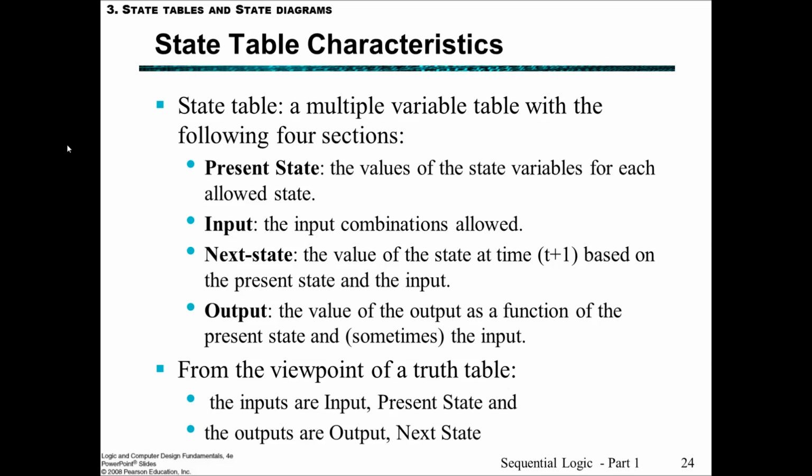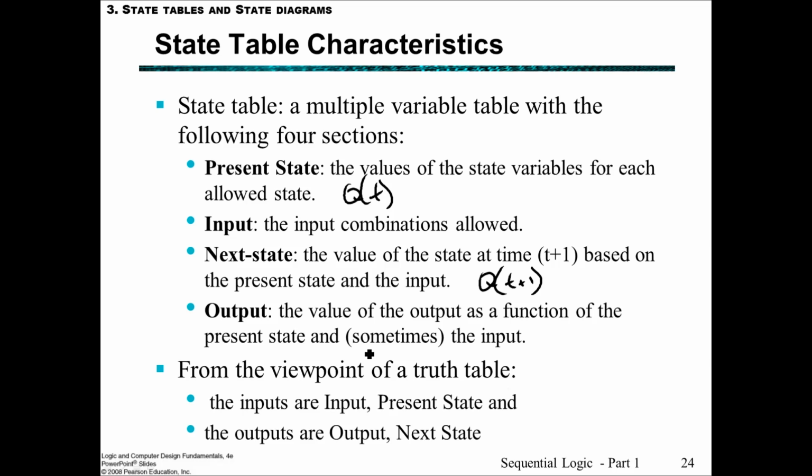So a state table is a multivariable table with the following 4 sections. It has a present state, and that includes the values of the state variables for each of the possible states. It has inputs, and these are all the possible input combinations that are allowed, in the same way that we would have done for a truth table in the combinational logic lectures. Present state being at time t, whilst the next state is at time t plus 1, and also an output as a function of the present state, and also sometimes the input as well can be used in the function